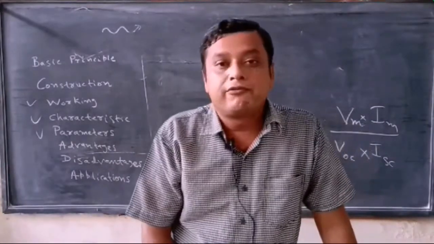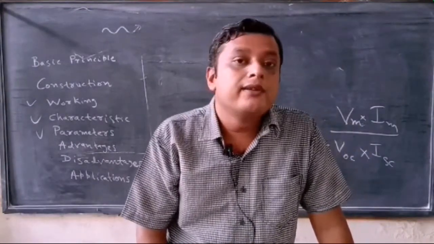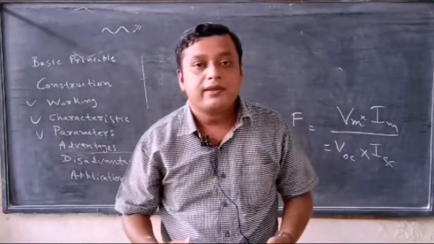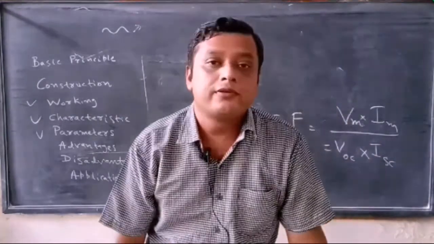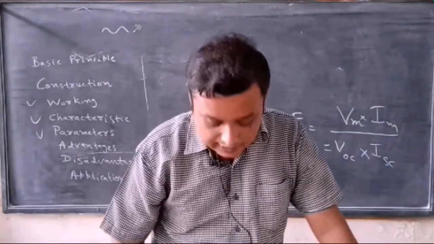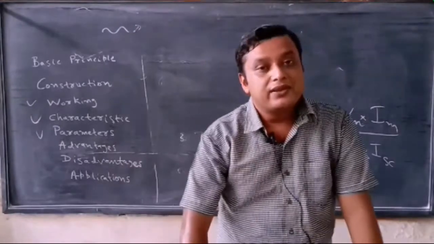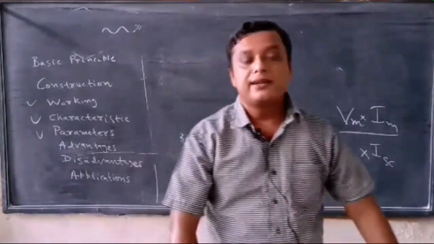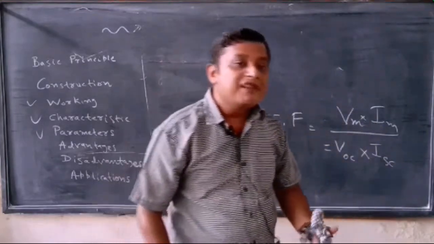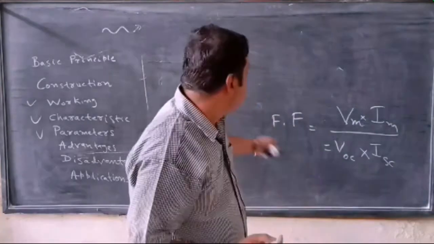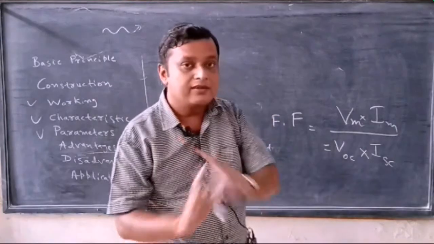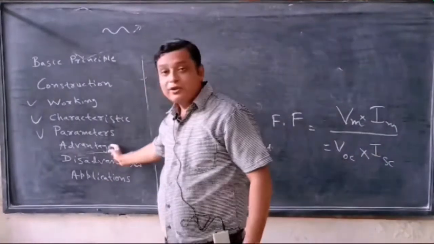We know that there is no cost for the solar radiation. So this is a no cost device, meaning solar radiation is free for each and every person. This conversion of light to electrical energy is available at no cost. The cost is incurred to fabricate the solar cell, but to run this solar cell, there is no cost. So this is the most important advantage.